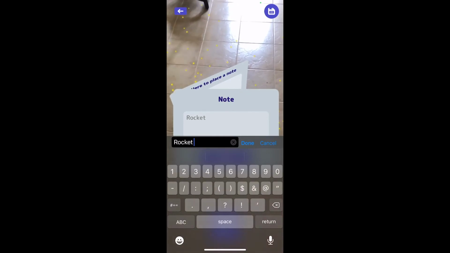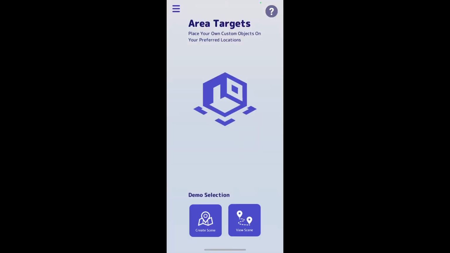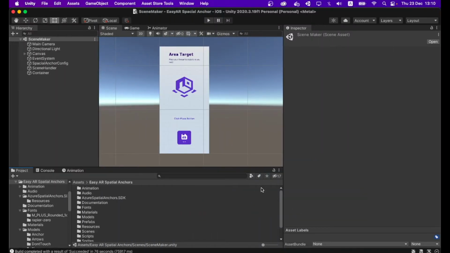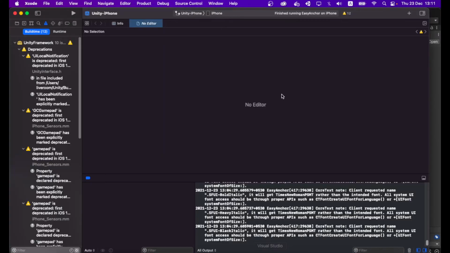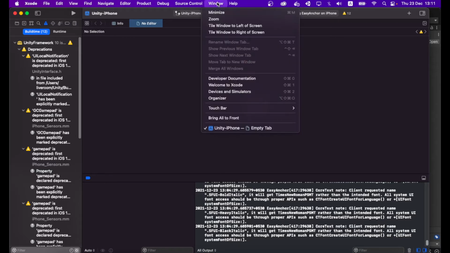Then I can save my scene and go back to the menu. The rest of the modification will be done in the Unity editor, so I open my Unity project. After you have placed your dummy objects using the area target demo, you have to bring your JSON file into your Unity project. For that, go to Xcode and plug in your iPhone, and it will detect your phone. Then go to Window, Devices and Simulators,